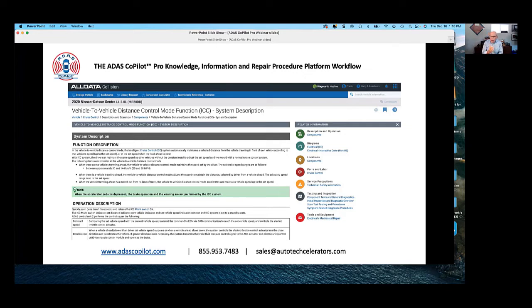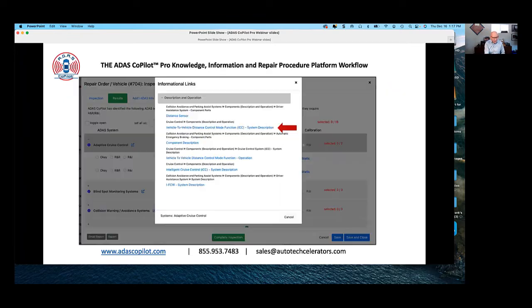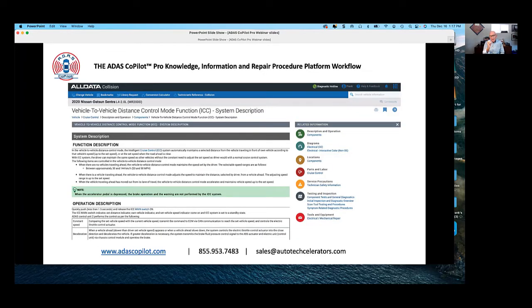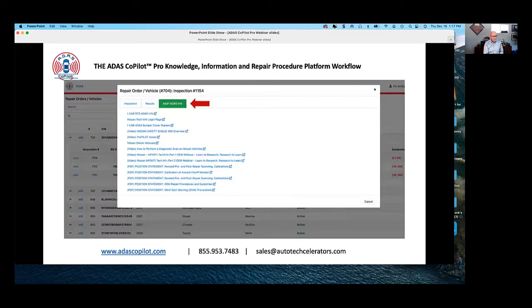So remember I talked about one of our visions was to reduce the amount of time and effort required to do research related to ADAS and calibrations. If you think about what I just showed you, and I'm going to show you live, think about how much time that will save an estimator or a repair planner in terms of getting access to and doing research related to ADAS and calibrations. Also, as I said, in addition to my ALLDATA repair procedures, we provide a ton of other OEM information related to that manufacturer's ADAS system.